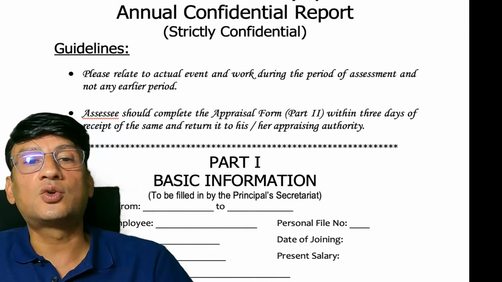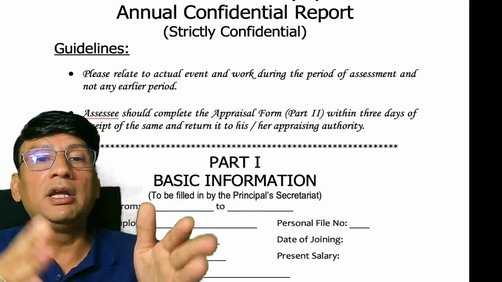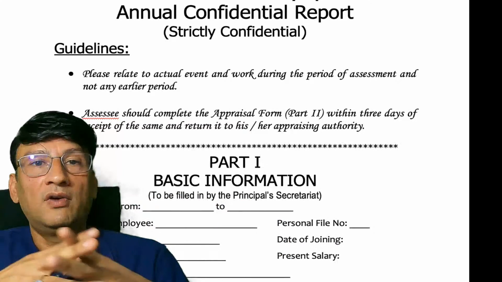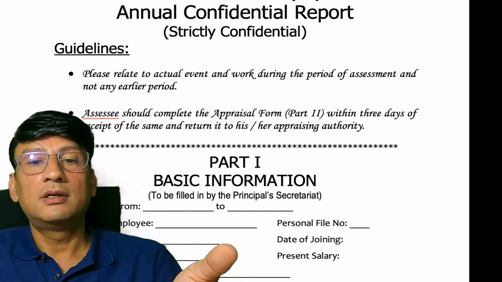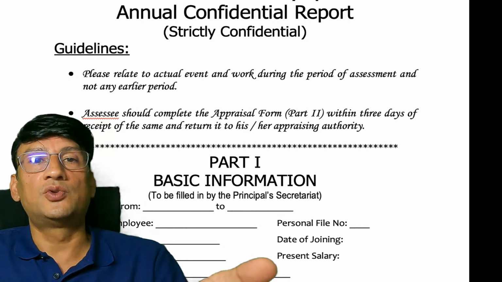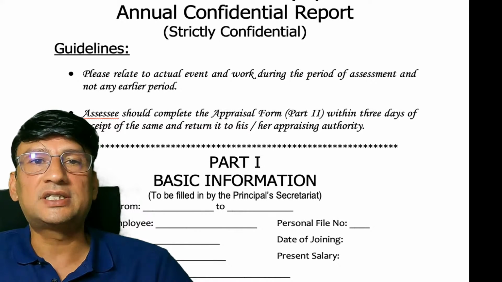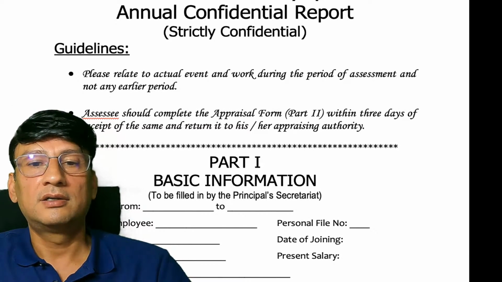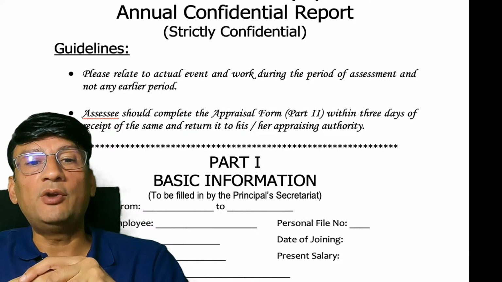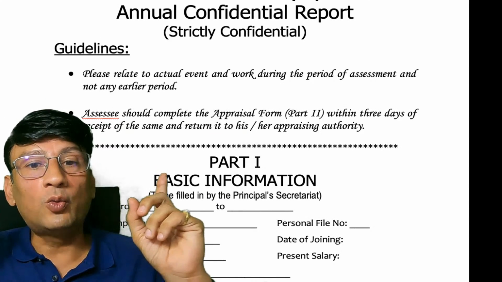punctuality in reaching school. The next part of evaluation is integrity and loyalty: professional integrity, financial integrity, personal involvement with the institution. Whether the teacher is personally involved with the institution or she is just coming, passing the time, teaching something and going back. The next point of evaluation is initiative and resourcefulness: capacity to creatively think,